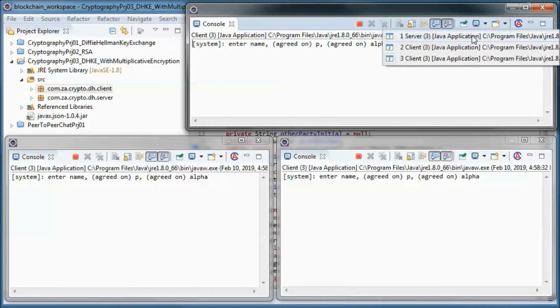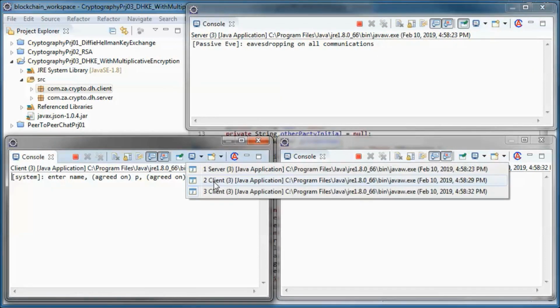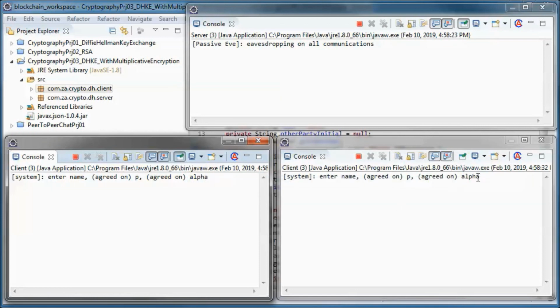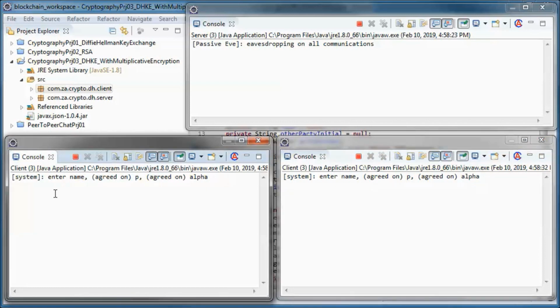So this will be the server, and this is the first client, and this is the second one. So let's say Alice and Bob agree to use those two values for P and alpha.